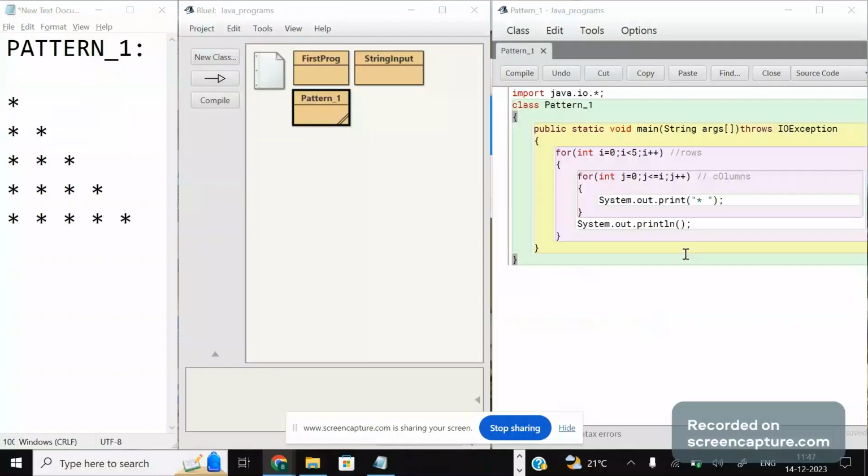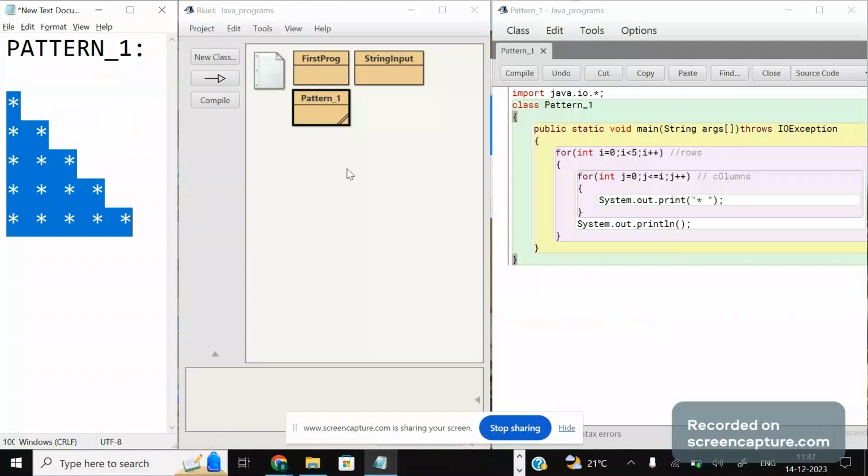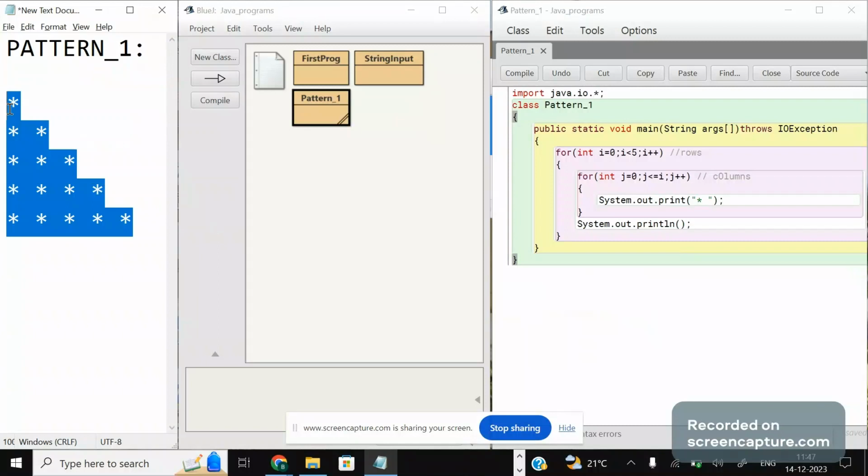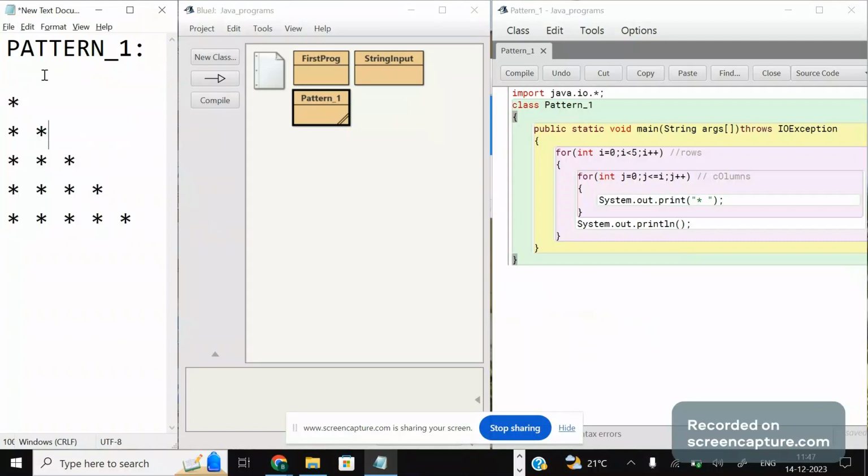In the last video I explained how to execute the star pattern. What if I need to give the size as the input, n equals some number, such that it will give that many rows? I mean, if the input is n equals 5, then it will give this. And what if I give n equals 3, then my output will be